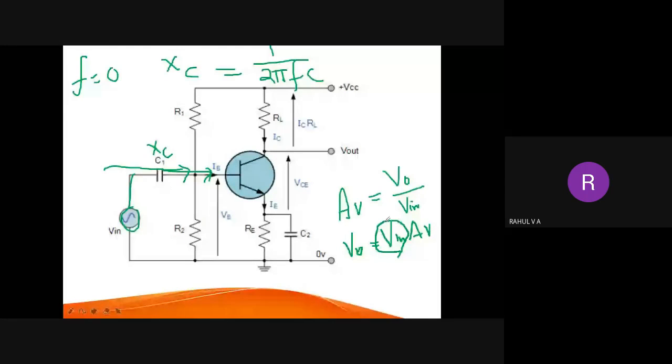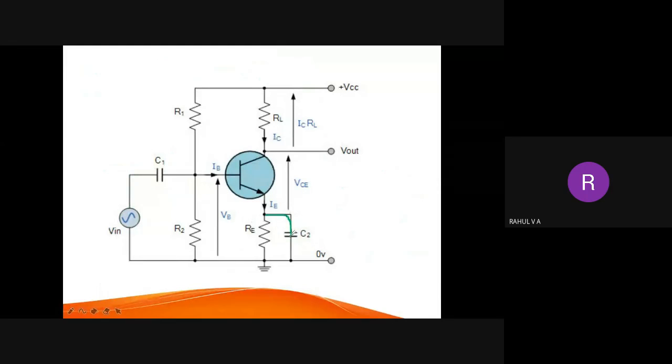The gain of the amplifier reduces at low frequency because the capacitor reactance is very high. Here also we have a capacitor, and the same thing affects it. When you have multiple stages, the gain reduces. Here also we have a problem. The emitter capacitor is kept because there will be some drop across this resistor, and to minimize that drop we have kept this capacitor. But at low frequency, this capacitor also has some resistance, so it will reduce the gain of the transistor.